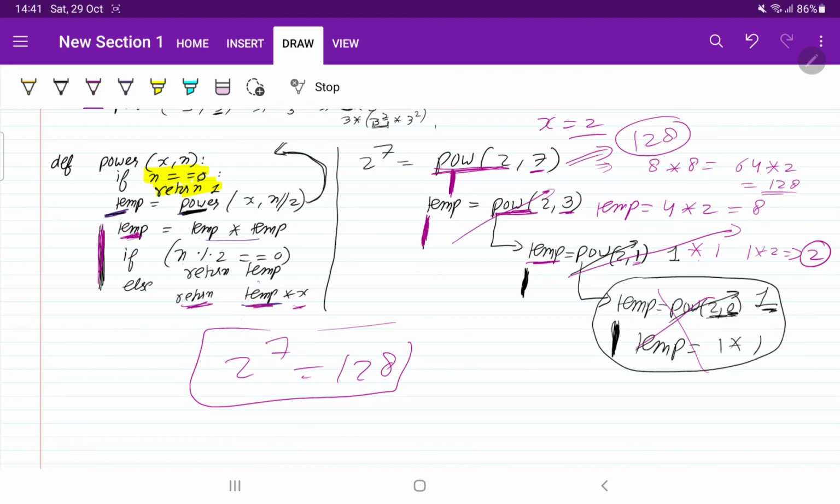If it is not clear, please try to watch this 2 to the power 7 approach once again. And I am keeping only one video in the solution, as logic building is important. So you should know how recursion works, how you are going backward and how the call is done, how the computer will take the memory and everything.